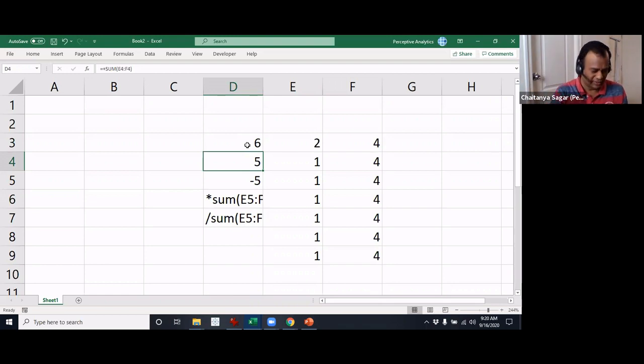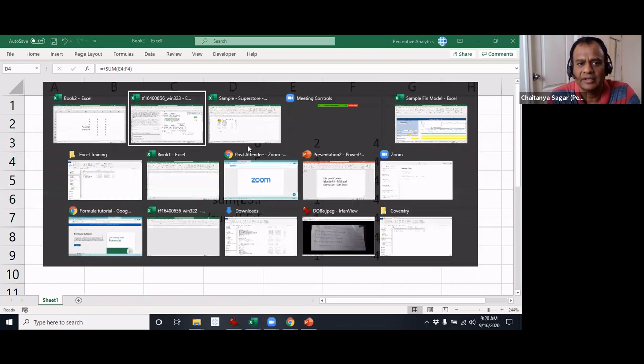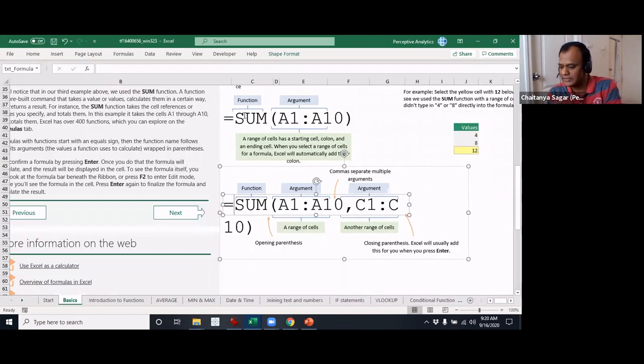Okay, so let us get back. Here, a formula always includes what's called a function. Sum is an example of a function, and it has to have an open bracket, followed by various parameters, each parameter separated by a comma. And once all the parameters are done, you have a close symbol.